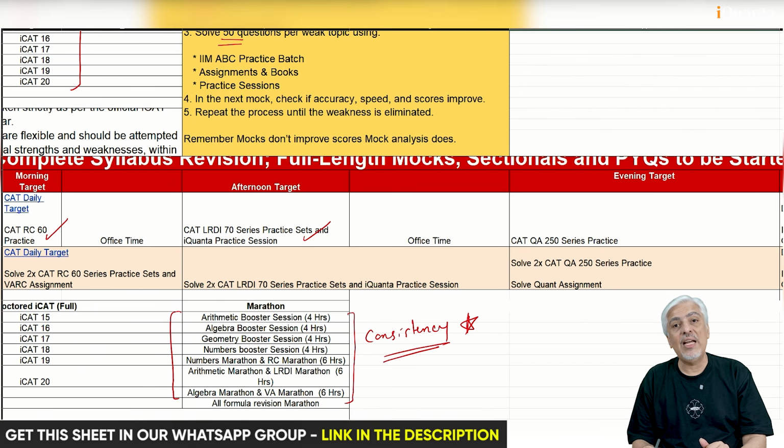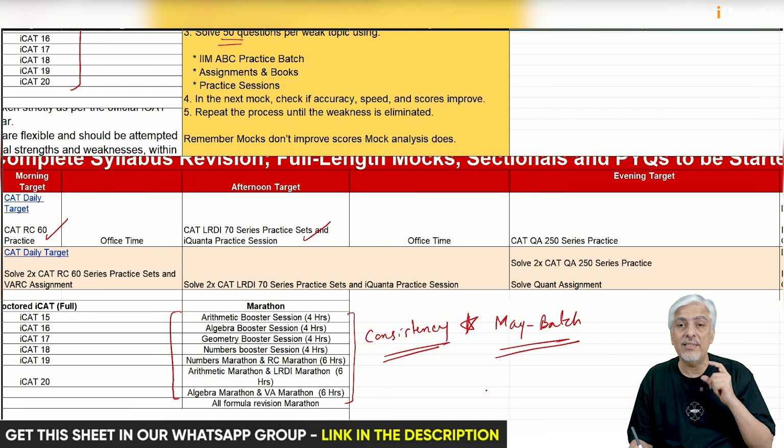If you've started in May, ideally everybody, whether they started 1.5 years back for CAT preparation or are starting 7 months before, has the same amount of syllabus to complete and the same practice to do. So what you are doing in 7 months, somebody would have done in 14 months. So you have to now work doubly hard. But this is always the advantage of a May batch. I've always seen this over the years when I've been making my batches. The advantage of a May batch is that it always gives you concentrated effort.